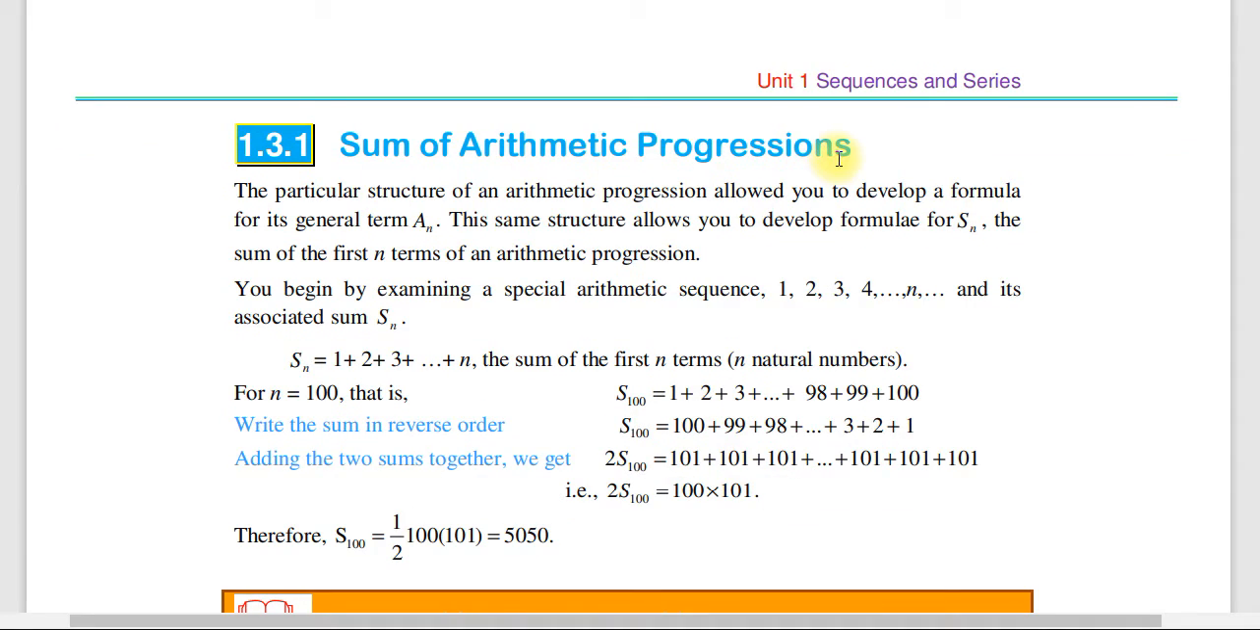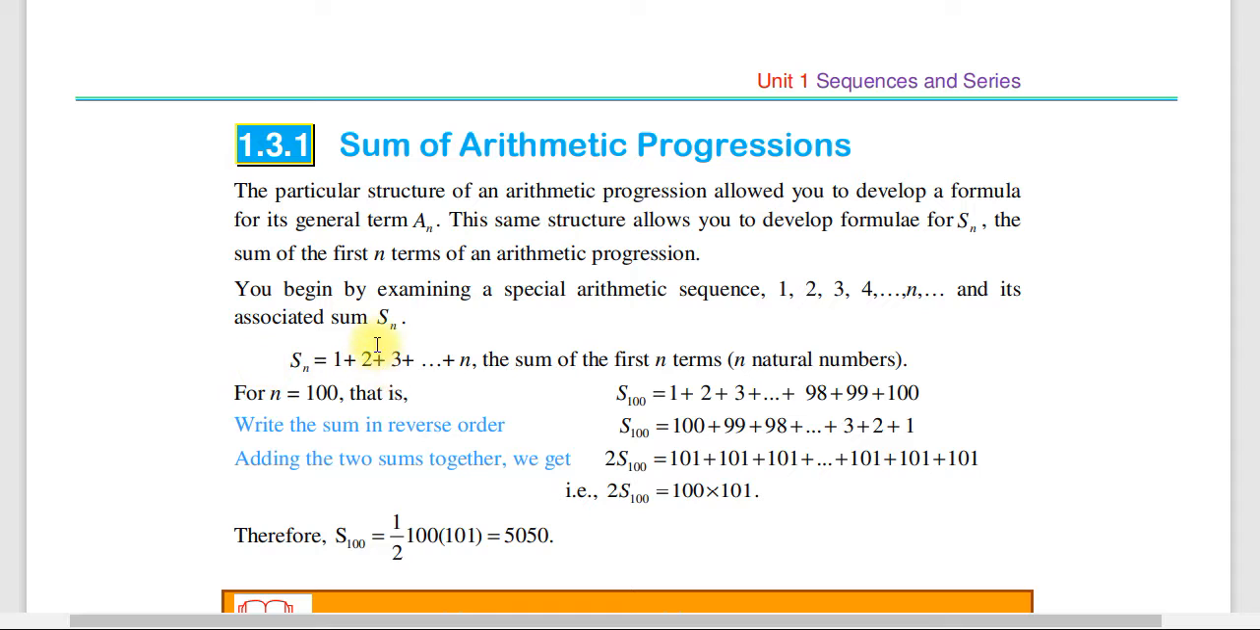ሌላኛው ደግሞ summation of arithmetic progression ወይም arithmetic sequenceን እንዴት አድርገን ሳም ማድረግ እንችላለን። The particular structure of an arithmetic progression allowed you to develop a formula for its general term an, this same structure allows you to develop a formula for Sn, so the sum of the first n terms of an arithmetic progression ማለት ነው። ስለዚህ you begin by examining a special arithmetic sequence which is 1, 2, 3, 4 up to n ቢሆን and it is associated with Sn ይለናል።